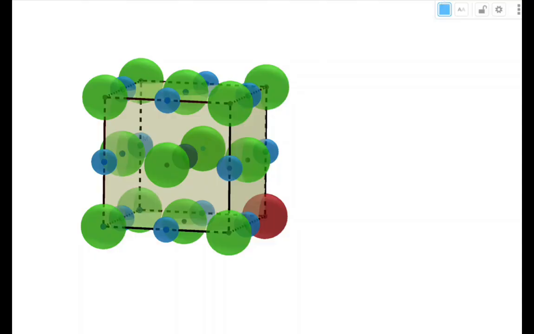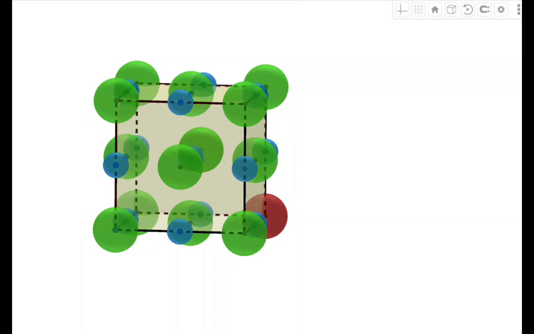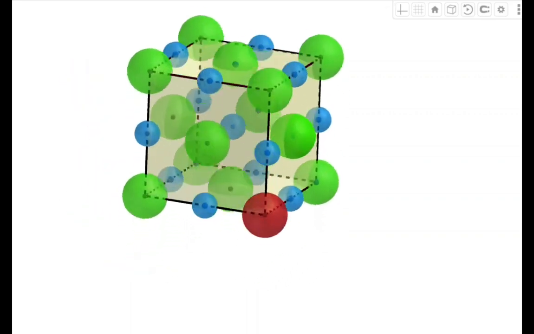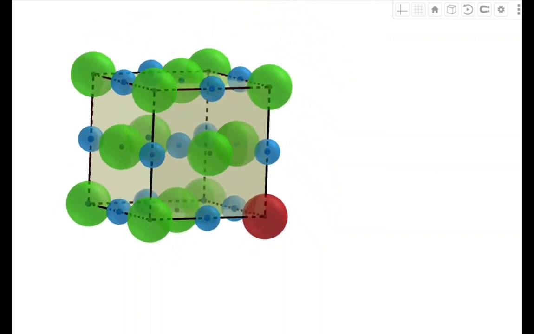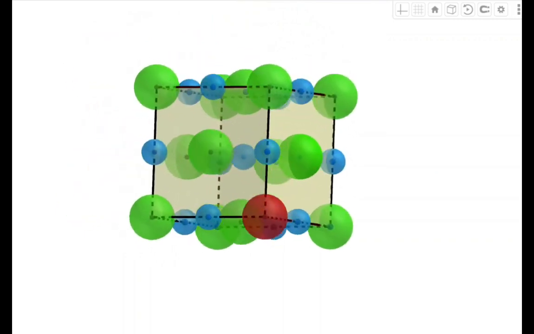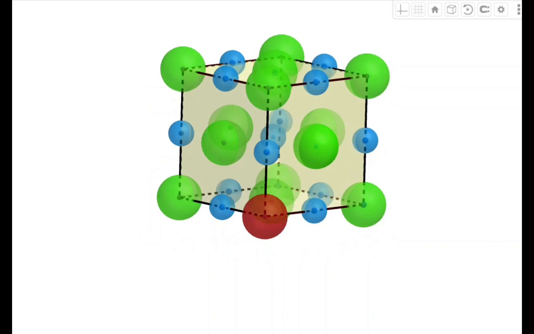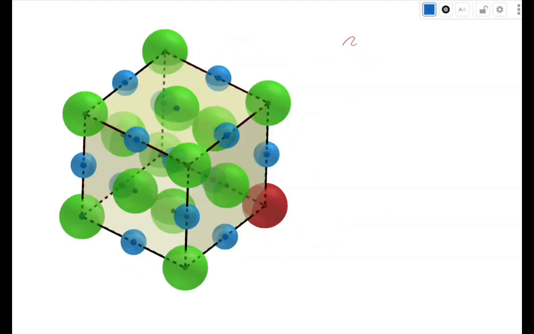Another example is sodium chloride, NaCl. This one here. The green one is chloride and the blue one is the sodium. This is sodium and this is chloride. Sodium chloride is an FCC structure with atom positions for chloride,